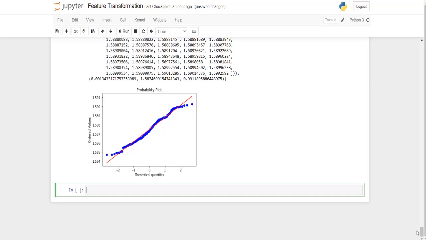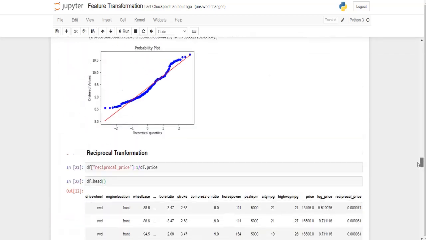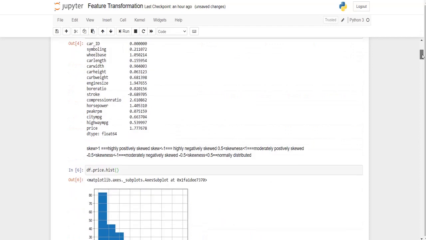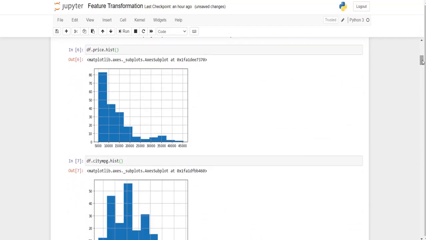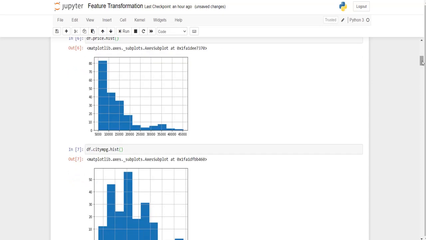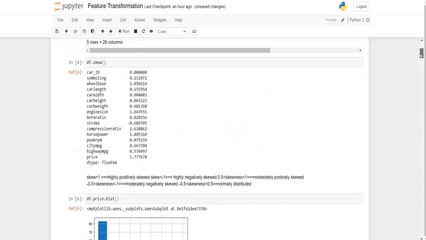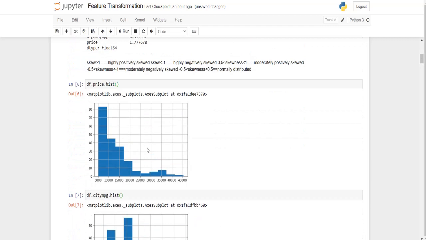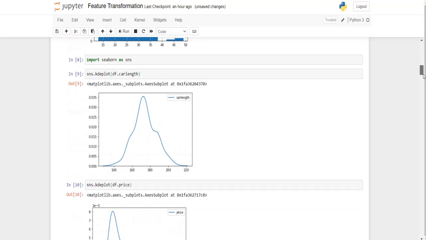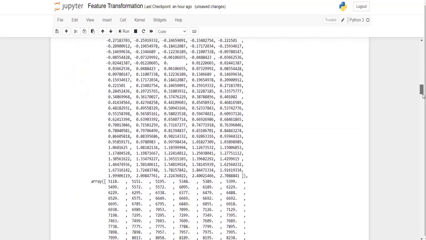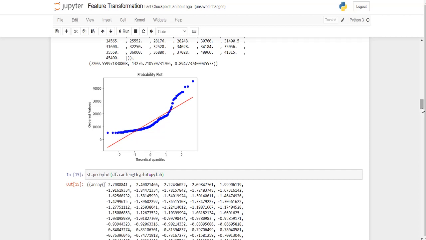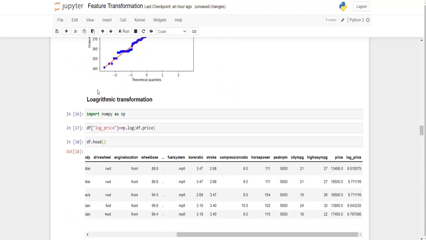So these are the techniques which are used for transforming your data into normally distributed data. Initially we checked whether the data is normally distributed or not with the help of different methods. First we obtained the skewness value of all numerical features. Next we checked the distribution with the help of histogram plot, KDE plot as well as QQ plot. From this data set, we chose the feature price, which is not normally distributed, and applied various transformation techniques.